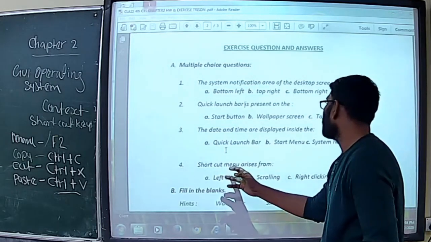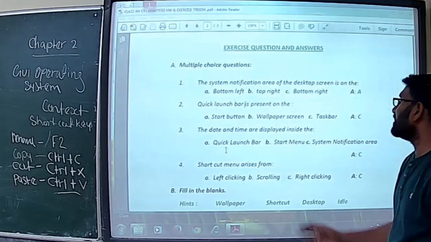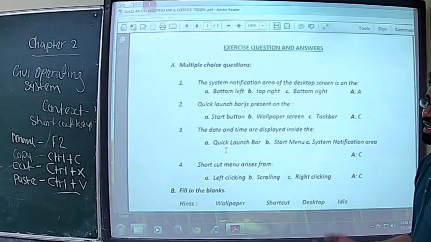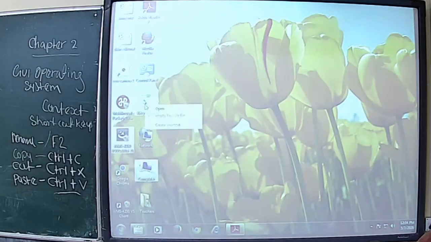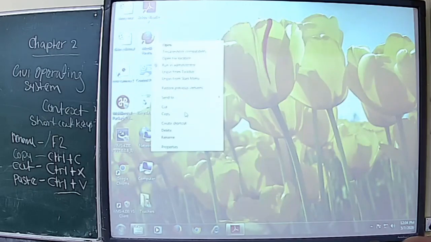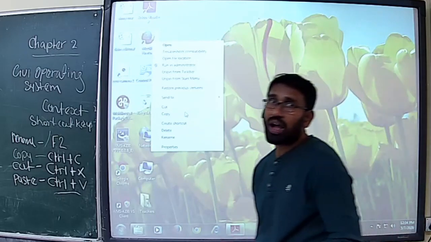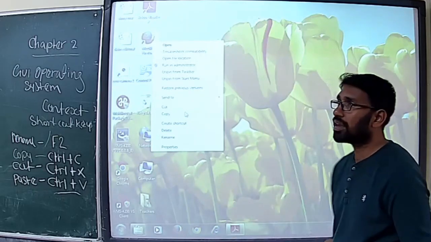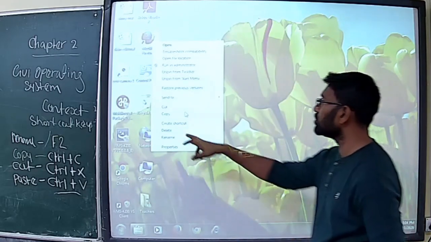Then the shortcut menu appears from. When we right click on the desktop or the concerned folder, we could see a shortcut menu. See, I am selecting here, this is a shortcut menu. It's different from the application. For example, to delete a file, I choose the delete button.